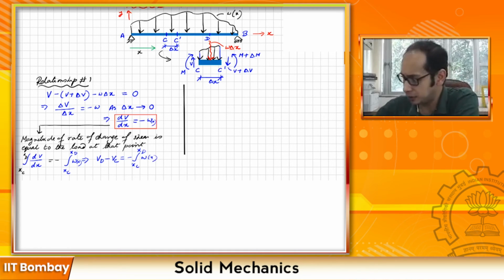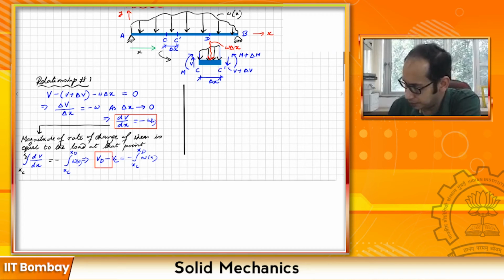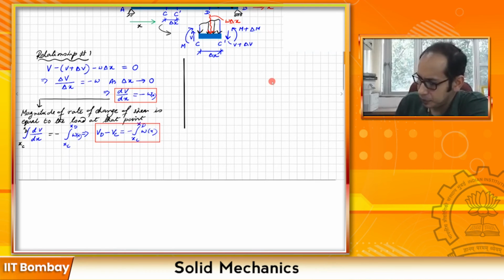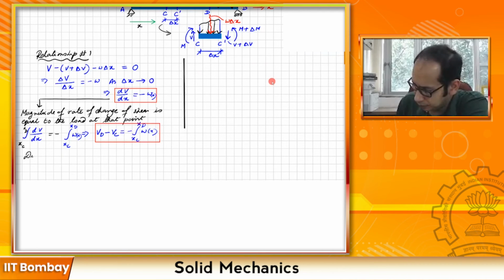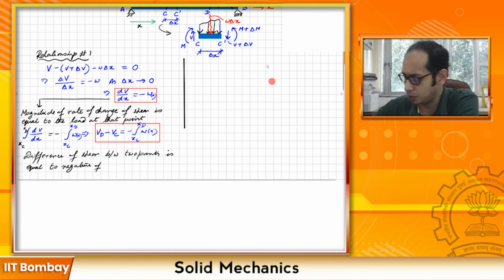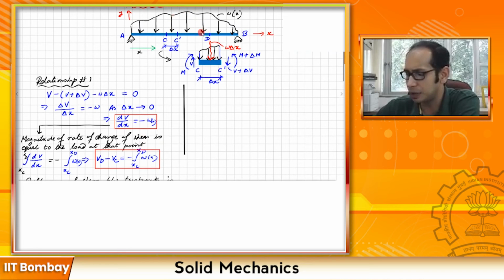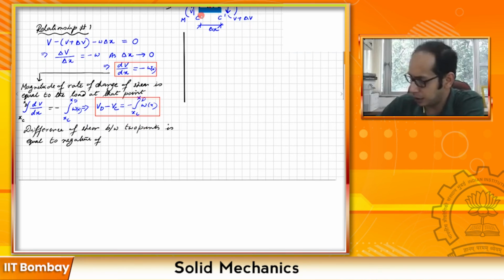So what does that mean? This is another important relation. Let me make my box bigger. What we get from this is that the difference of shear between two points is equal to the negative of the area. You see, this integral is essentially the area between these two points C and D of this loading diagram. So it is a negative of the area